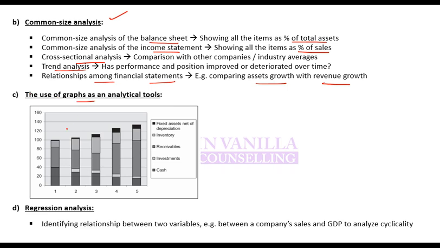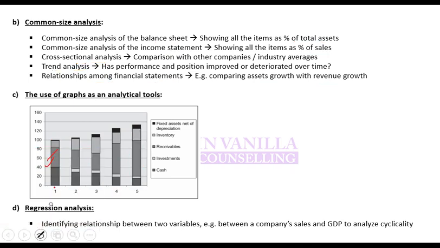Another tool can be graphs. Graphs can help interpret, putting a lot of information in an easily interpretable manner. So if you put, let's say, asset base for first company, second company, third company, fourth company, fifth company, with respect to different categories of assets, you can easily compare them and you can easily find out that this company has a lot of fixed asset, but it also has a large amount of receivable. This company has a large amount of cash, so it has most liquidity because cash is highest and fixed asset are lowest. So among these, you can find out easily that this is the most liquid one.